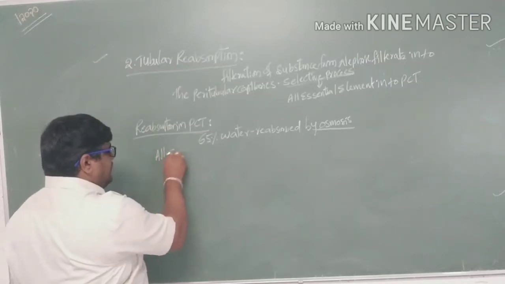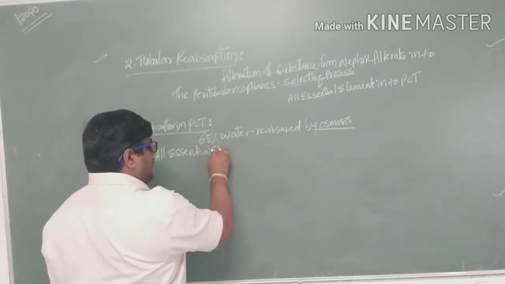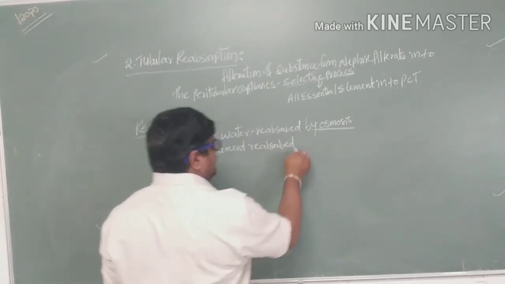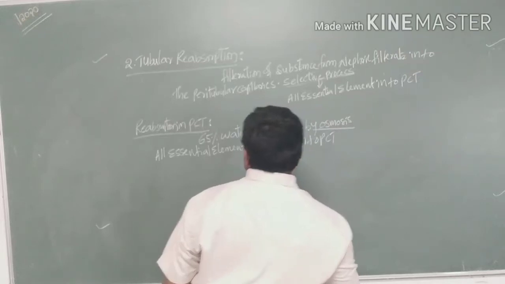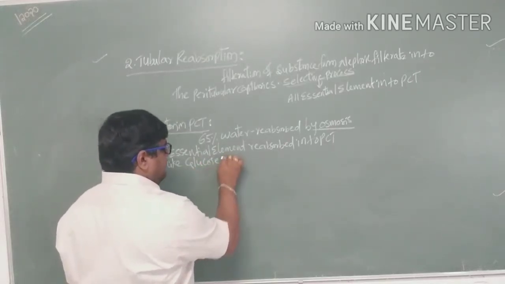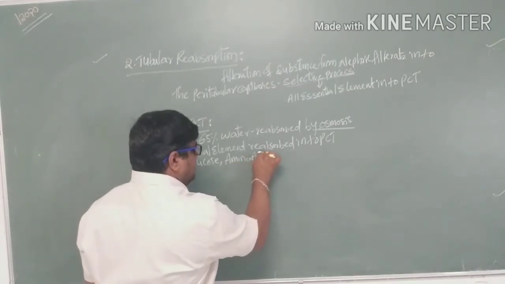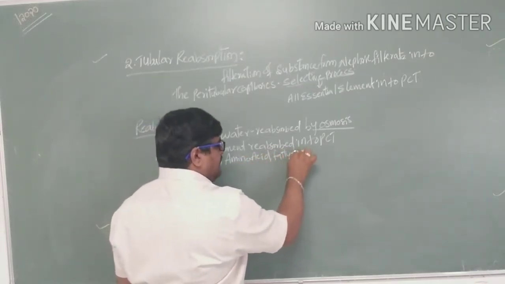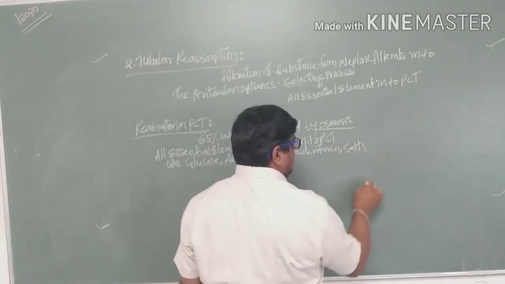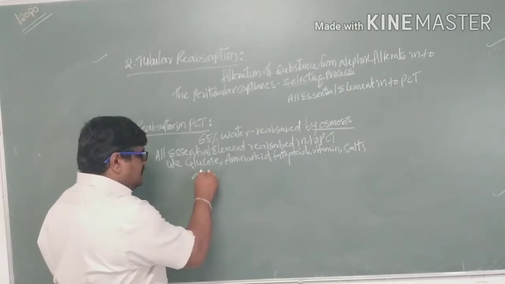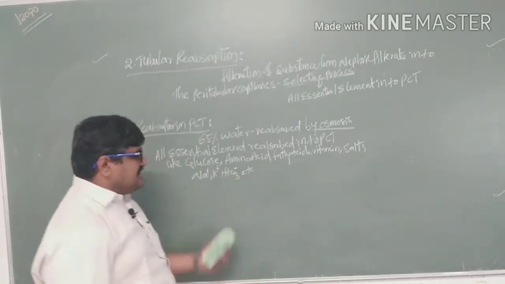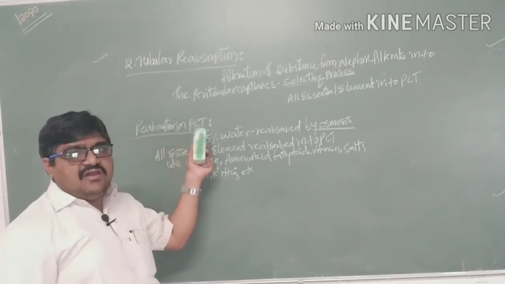All essential elements are reabsorbed into the PCT, that is the proximal convoluted tubule, like glucose, amino acids, fatty acids, vitamins, minerals, that is salts, and also sodium, potassium, bicarbonate ions, etc. are absorbed, and all essential elements are absorbed in the proximal convoluted tubule by